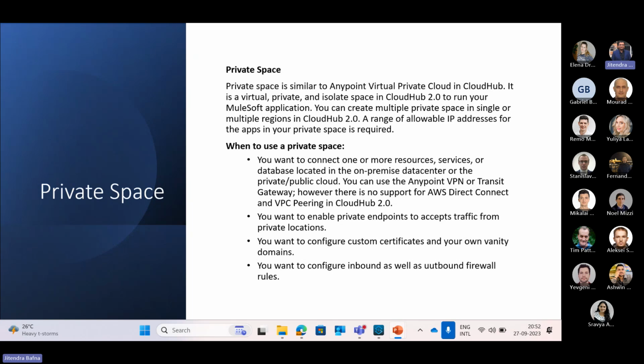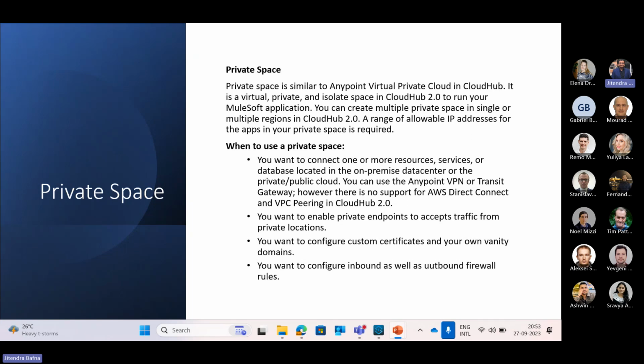So CIDR sizing, I can also call this private space sizing. It depends on the number of applications, how many workers and how many cores there will be, so we have to do some calculation to come up with this CIDR mask. The minimum CIDR mask supported is /24, which provides 256 IP addresses. The maximum, I think, is /16, which provides 65,536 IP addresses. Then we have /23, which provides 512, and the CIDR mask recommended by MuleSoft is /22, which provides